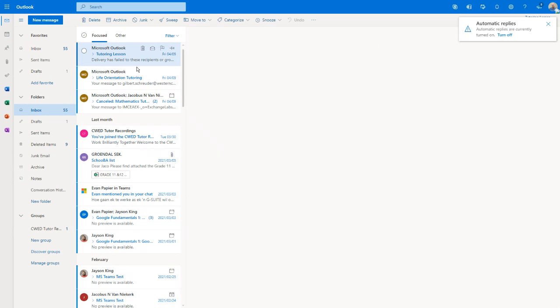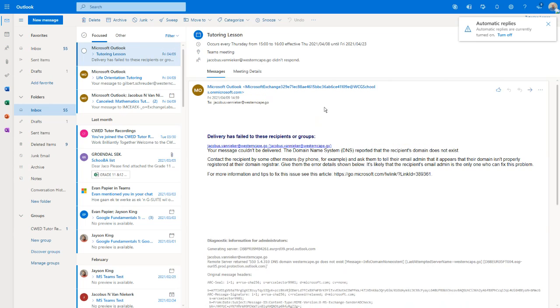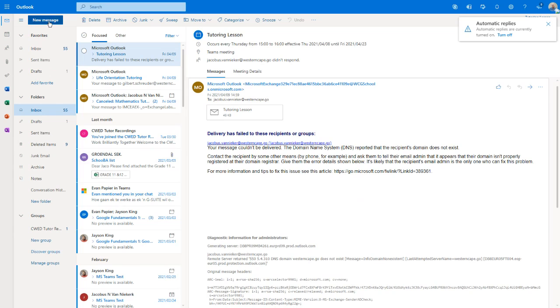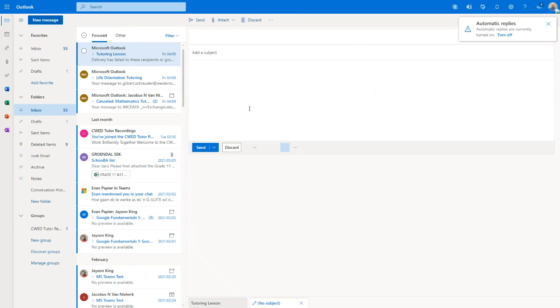So if I click on a link, it's going to show me the email, and from here it's a simple matter of replying, forwarding, all these things. We're not going to go into detailed training of how to use Outlook. We just wanted to show you how you actually get to Outlook. But one of the nice things about this is if I'm in here and I'm going to open up a new message,